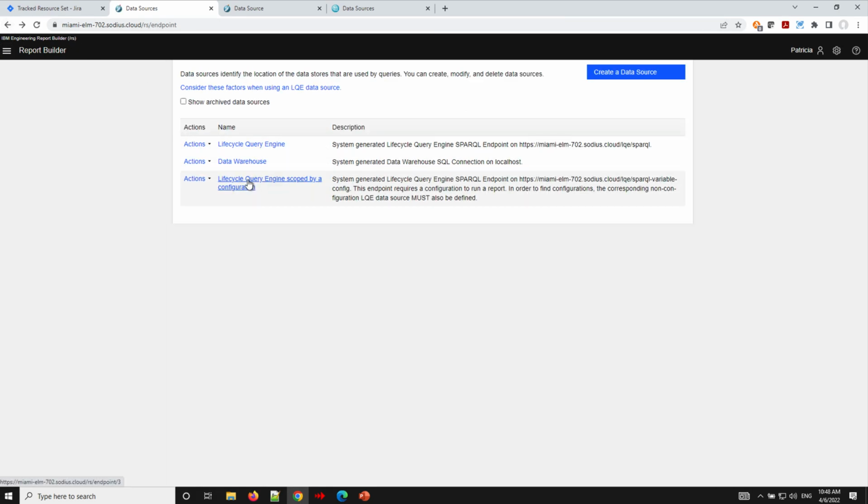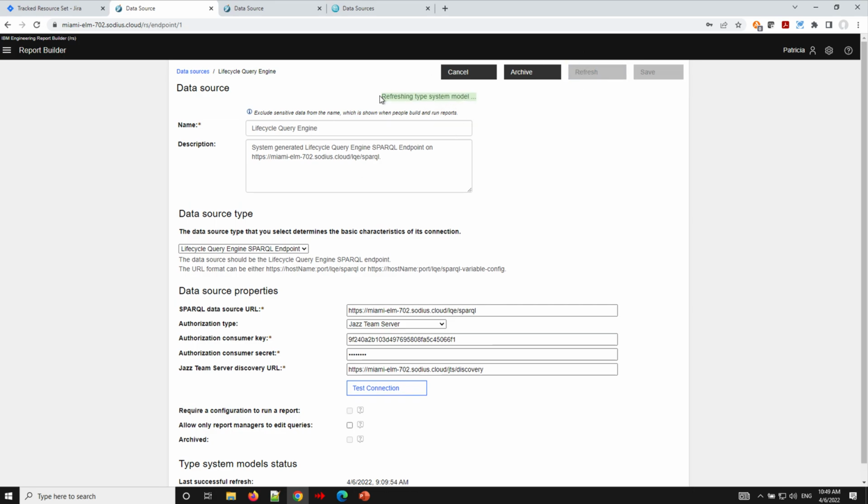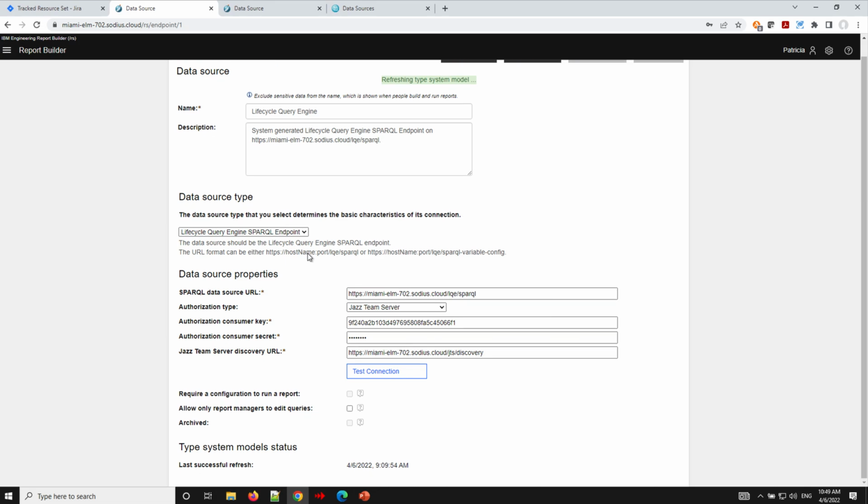is that the lifecycle query engine scope by configuration is related to that LQE data source, so it's dependent on it. That's why you'll see a slightly different icon here. You can't do a refresh here. If you want to do a refresh, you just click on this icon. It goes back to the base data source, and then you can do the refresh there. And you'll see that it will tell you that it's refreshing the type system model, and when it finishes updating,